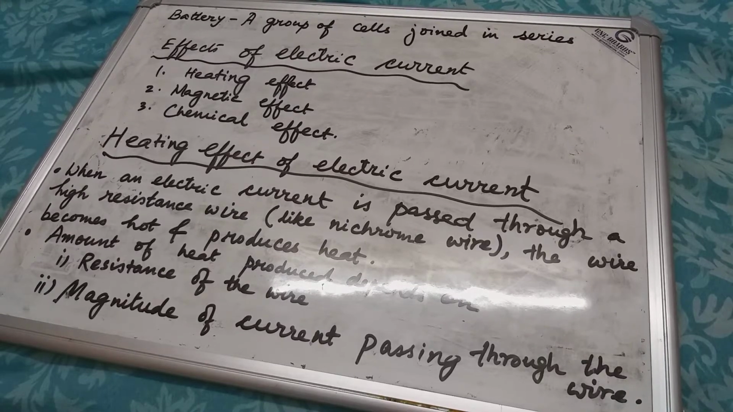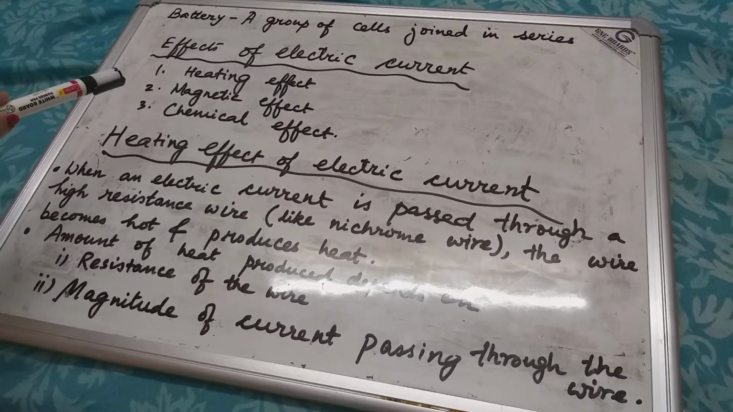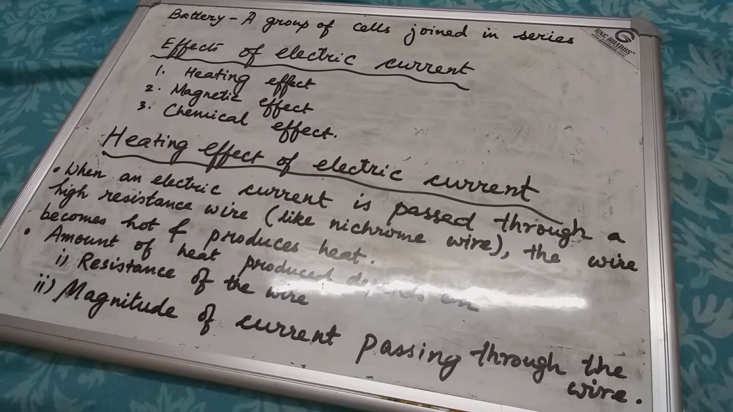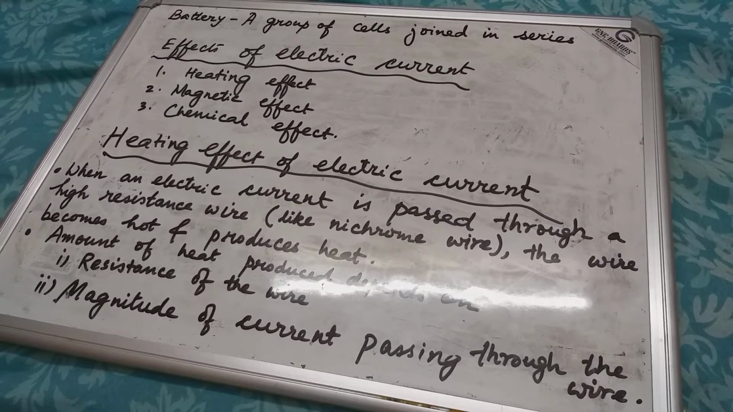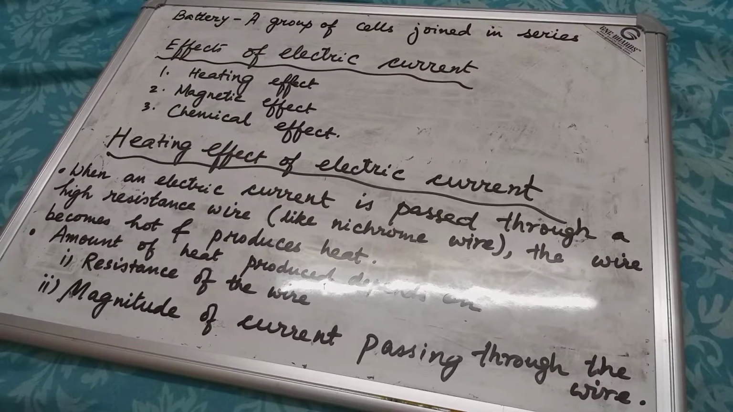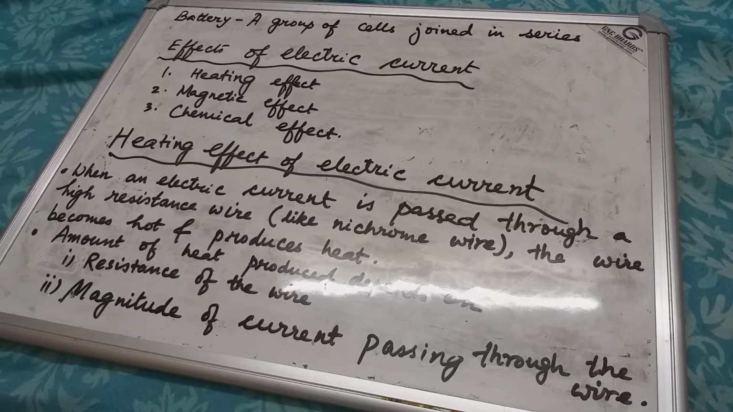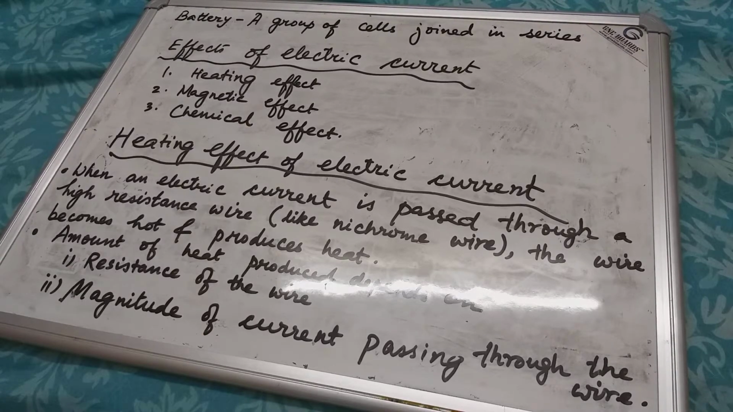Now, what are the effects of electric current? First is heating effect, next is magnetic effect, then is chemical effect. Now, what is heating effect of electric current? When an electric current is passed through a high resistance wire like nichrome, the wire becomes hot and produces heat, as we see in heaters,